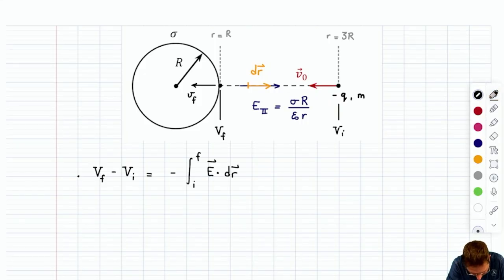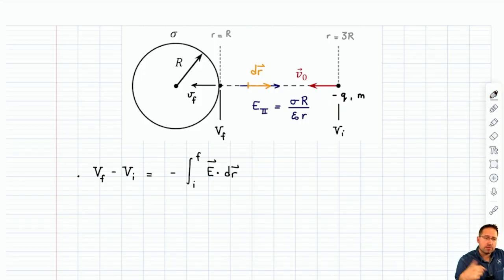Okay, this is dr. And you might say, well, dr goes the other way. Why does it? I thought the particle goes from right to left. Why does dr go that way? You have no choice. dr points in the direction of increasing r. Full stop. Okay? So make sure you keep that in mind. It's important. Because what we're going to do now is say, okay, well, this is minus the integral E dot dr. This is similar to E dot dA from before